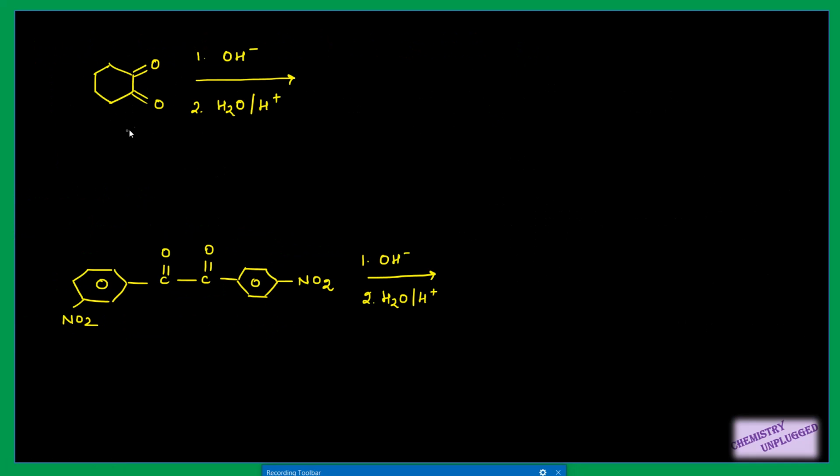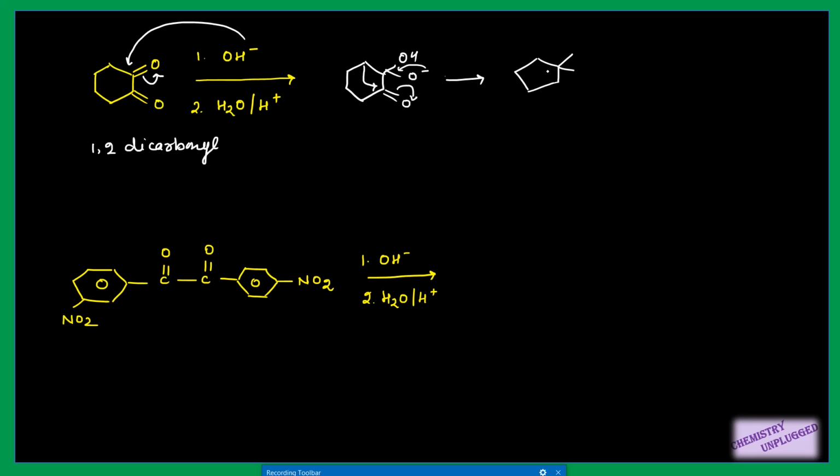Next we have this example. So again you have to identify it as a benzil benzilic acid rearrangement. We have a 1,2 dicarbonyl system, and we are using first OH minus and then acidic hydrolysis. So this OH minus will suppose attack on it, and this bond will shift here. When it comes back, this carbon has to migrate here. So we now have a 5-membered ring. On this carbon we have OH here, this bond will shift here, it will form O minus, then it will take a proton to form OH, and here we will have the carboxylic group, right?